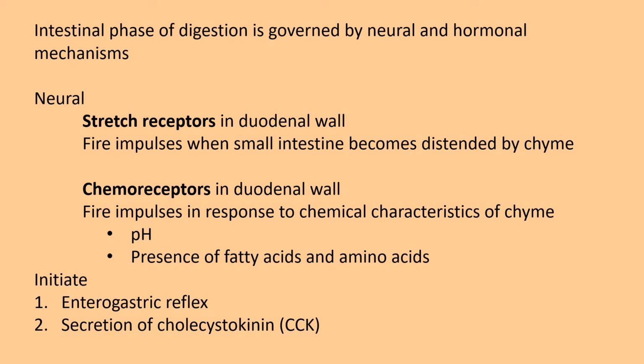These chemoreceptors, like the chemoreceptors that are present in the stomach, these chemoreceptors in the small intestine, they are sensitive to pH. They are constantly monitoring the pH, and so what do you think would happen to the pH inside the duodenum as gastric emptying occurs? So the duodenum is now receiving chyme. What's going on with the pH in the small intestine? Is it increasing or decreasing? It's decreasing because that chyme has a low pH due to the low pH of gastric juice. And so that decline, that drop in pH is a reliable signal that chyme is coming in.